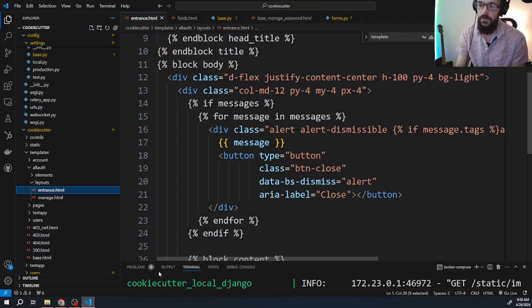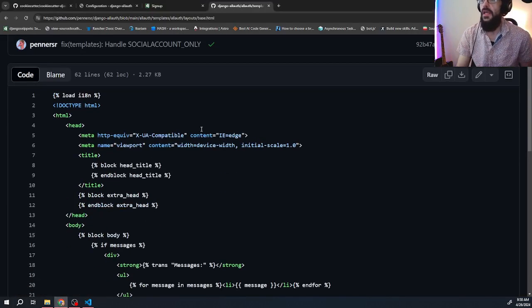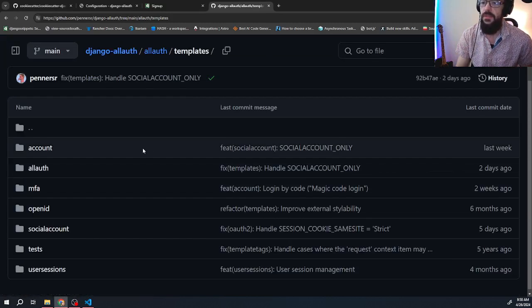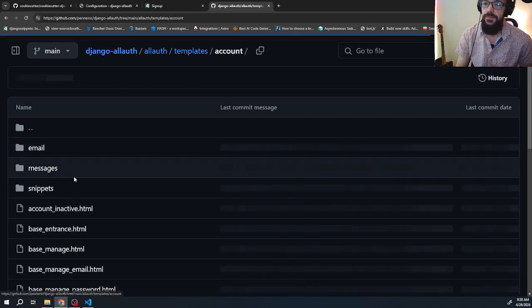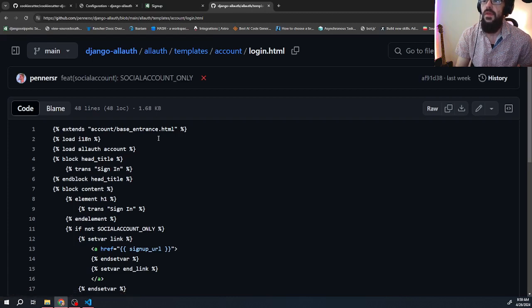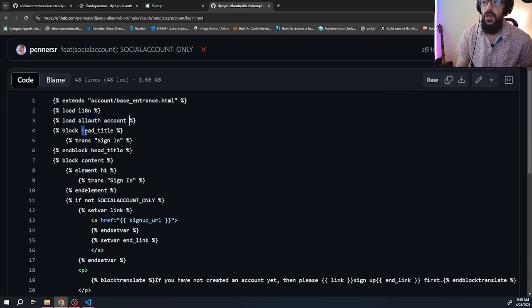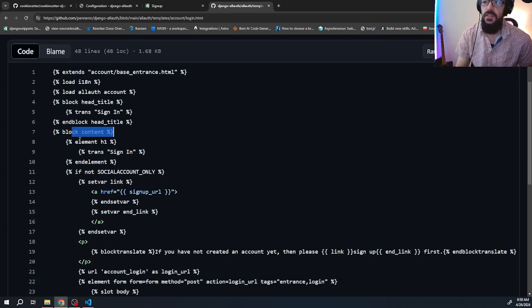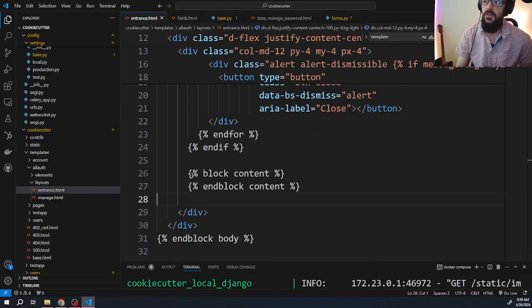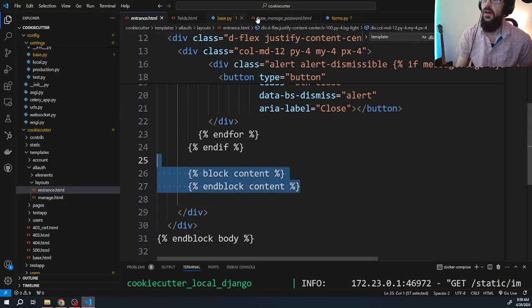For instance, inside of the Allauth login, go back to templates, account login. We've got these template tags that get loaded in. This block head title, block content. So this is the part that gets injected into here. Everything in the login file inside of this content block is going to be injected into the content block of the entrance file,